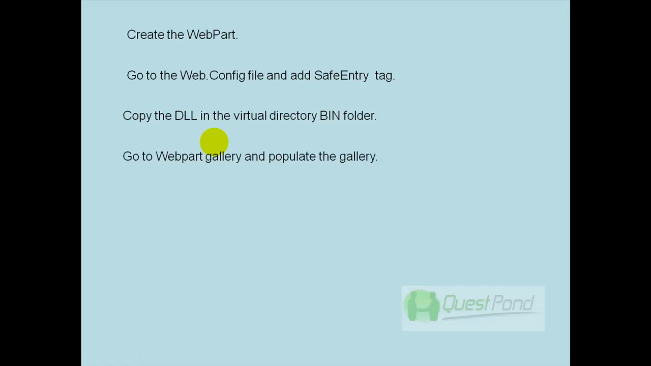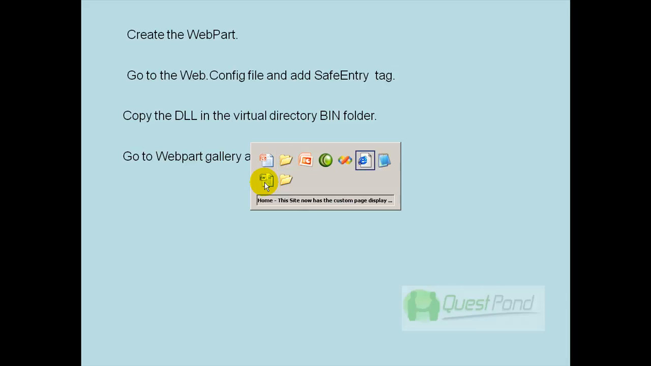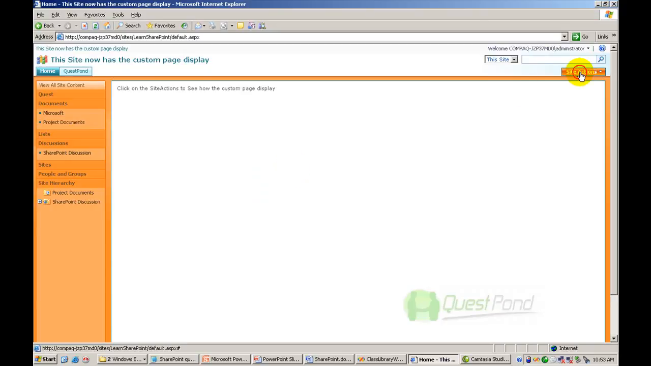The fourth step is we need to go to the web part gallery and populate the gallery. Now that we have made an entry into the web.config file and copied the DLL in the virtual directory, it's time to take the web part inside our SharePoint page. So let's go to a site, click on site settings,